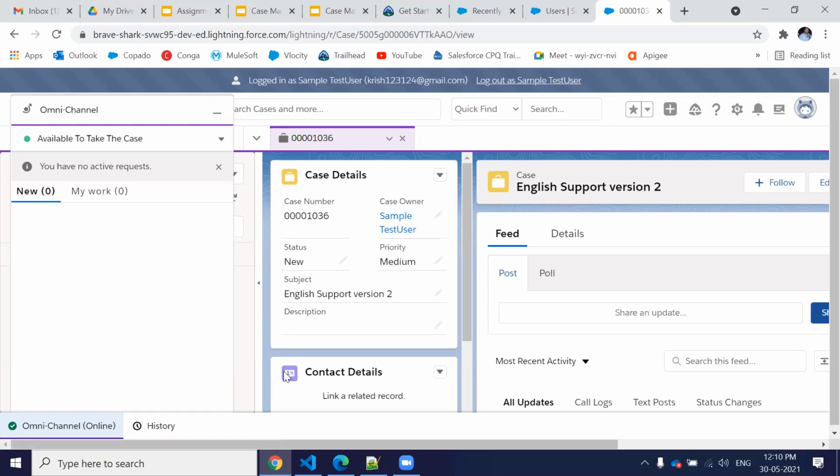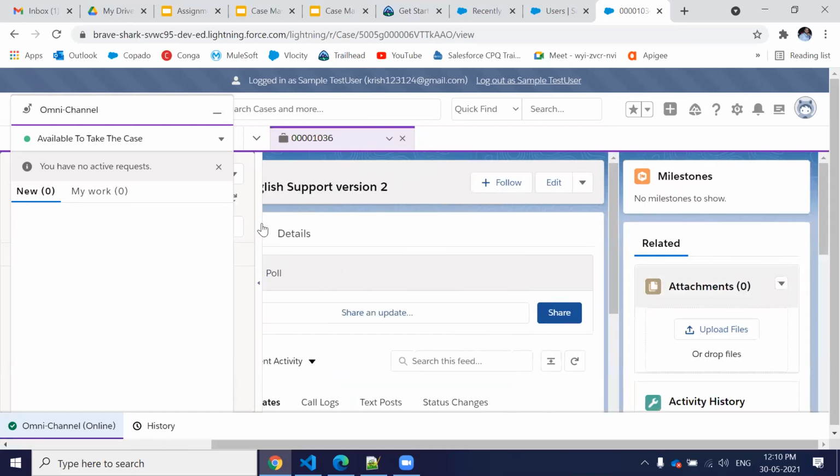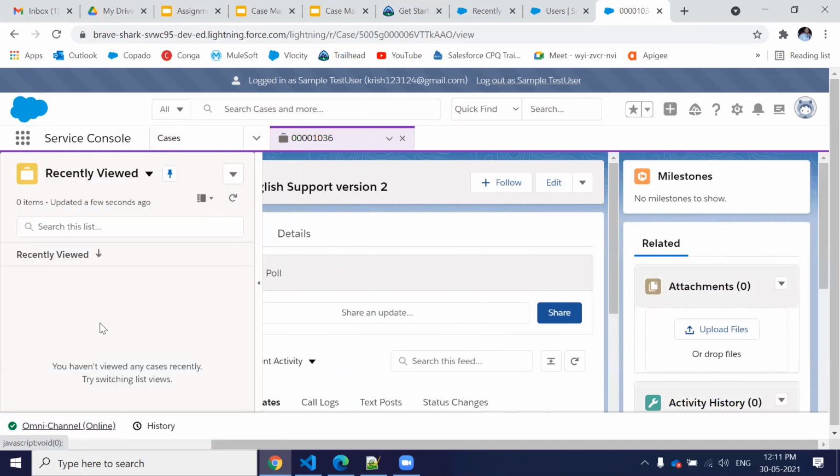I'm assuming that something is happening with that flow. Someone is asking, do we need to create multiple service resources for all users? Yeah, whatever user is going to use that Omni channel to solve the case, you have to create that many service resources for those users. If you have 5 users who are going to use it, then you have to create 5 service resource records, and all should be active and all should be of type agent. So you have to create that thing.